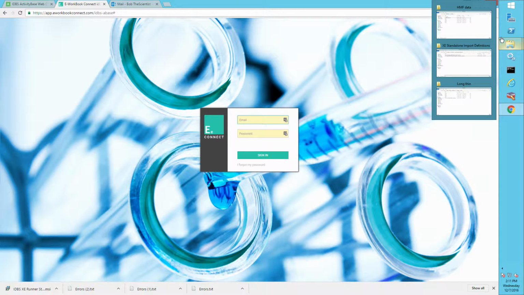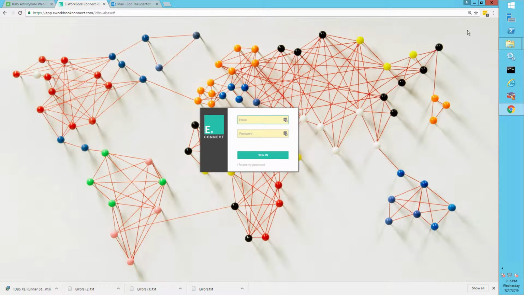Hello. In this video, you will see how a user with the appropriate activity-based permissions can export an analysis template for use by a CRO. You will also see how Connect can be used to facilitate the setup of a collaboration with XE. So let's get started. I am the pharma administrator of an ActivityBase instance with permissions to modify and export XE